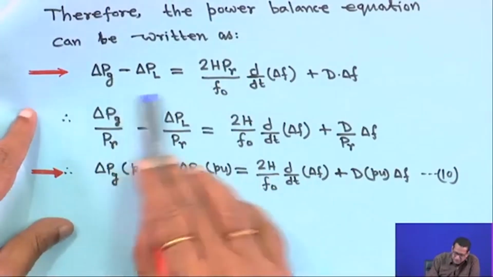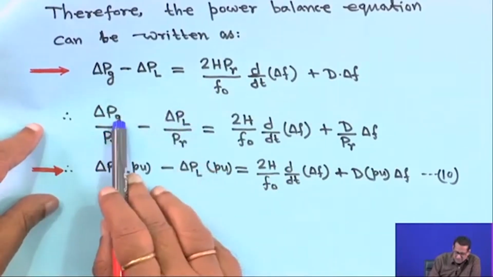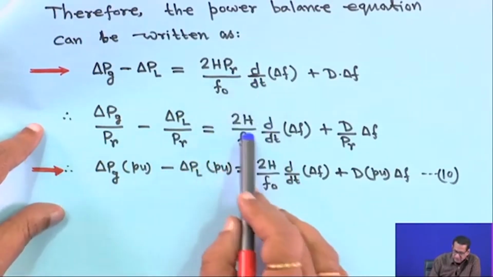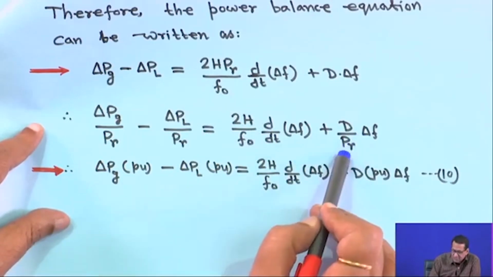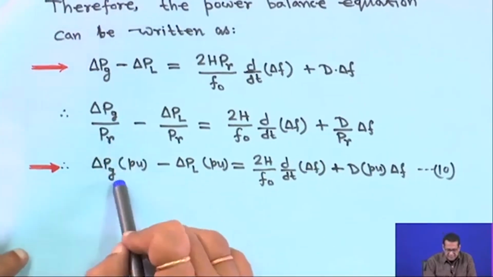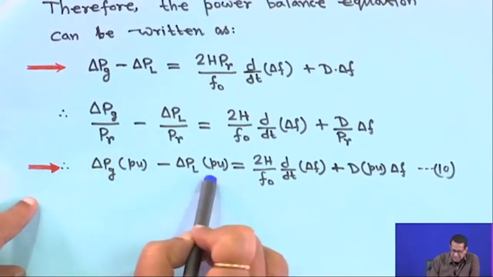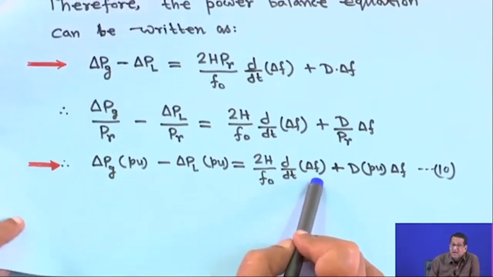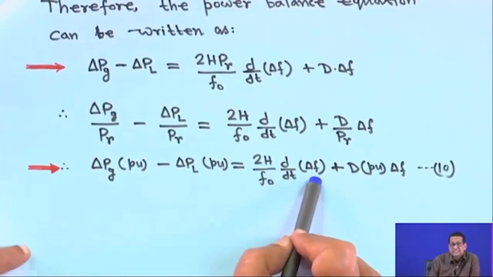Now, what you do, this equation both sides you divide by P r, right. So, this is delta P g upon P r minus delta P L upon P r, and dividing by P r, it is gone. So, it is 2H upon f 0 d dt of delta f plus D upon P r into delta f. If you assume this is a base value, then delta P g upon P r, it is megawatt, of course, in per unit, minus delta P L, it is also per unit, then 2H upon f 0 d dt of delta f, where delta f is in hertz, right. Remember f 0 is hertz, H in seconds, here no unit change, it is in hertz,